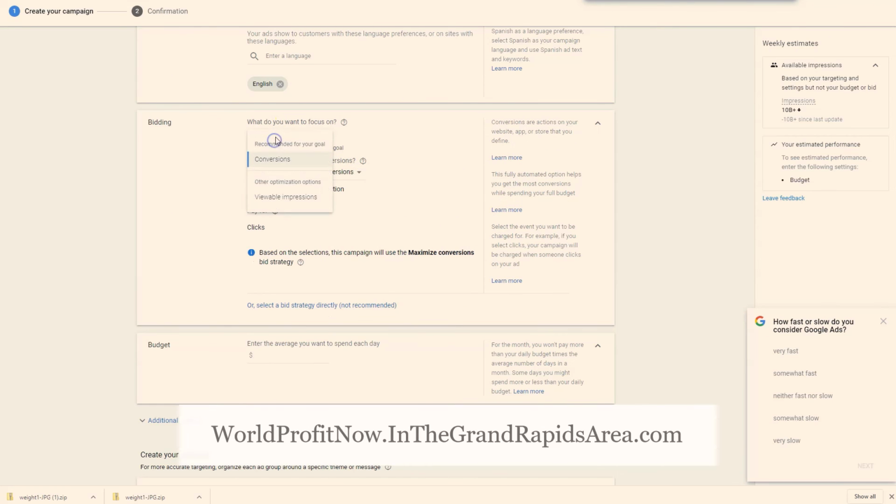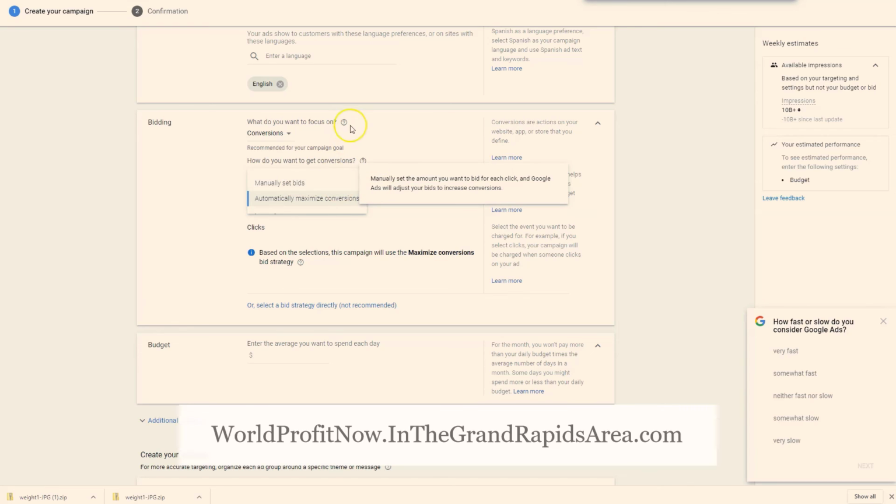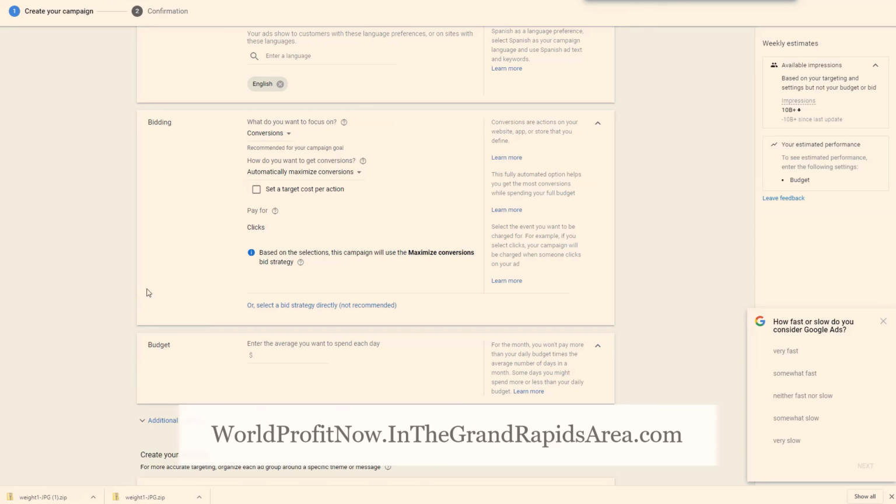Focus on anything. In our case, we want to focus on conversions, which is always a good idea. Automatically maximize conversions versus manually setting your bids, which, if you are more familiar with Google Ads and you understand the math and the concepts behind it, you're a little bit more advanced, certainly do it manually. Also, if you understand the math of your sales funnel, okay, let's say it's not a new sales funnel, you've